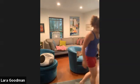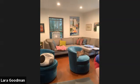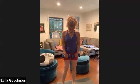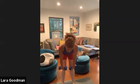Grab your weights. Remember which leg you lunged on, because we're going to come back and lunge on the other side. Grab your hand weights, please. We're going to do a round of deadlift. So weight will be in the heels. We're going to roll down just to the tops of the knees and back up for